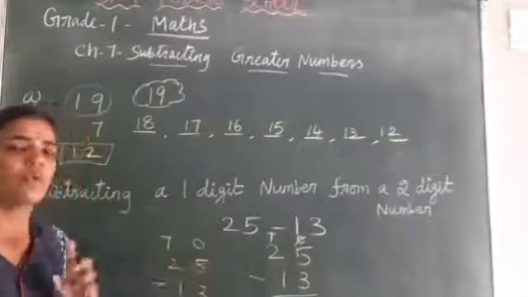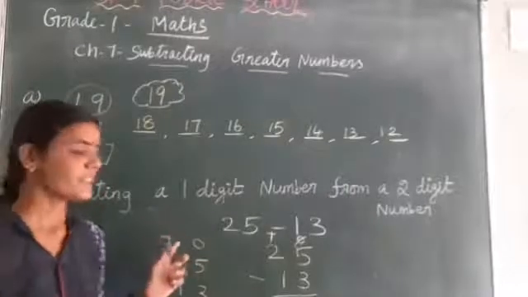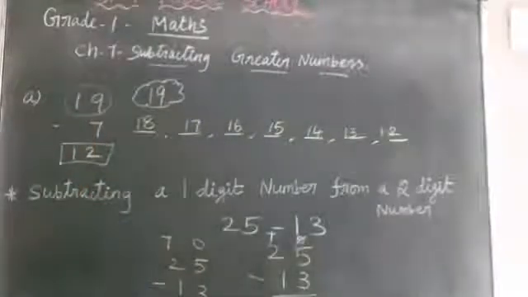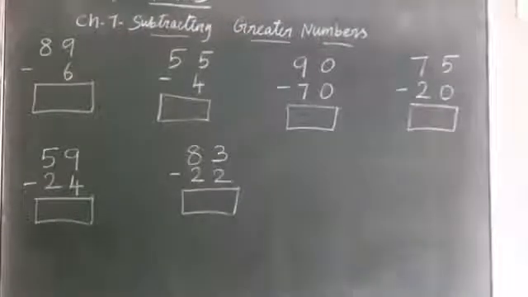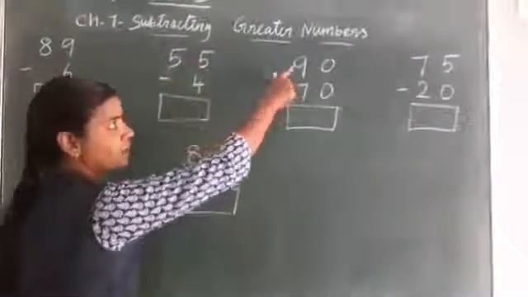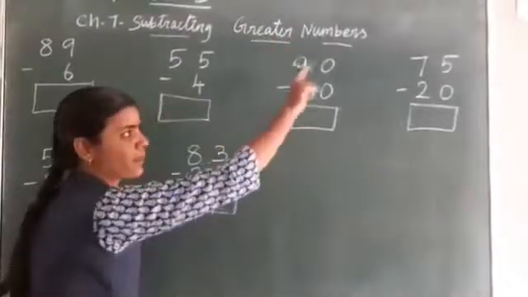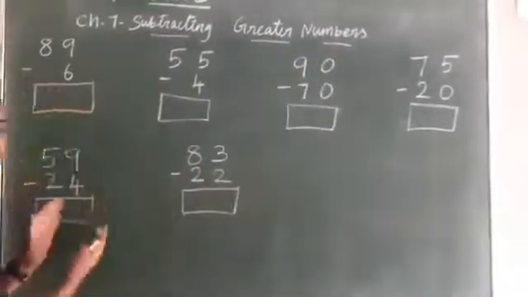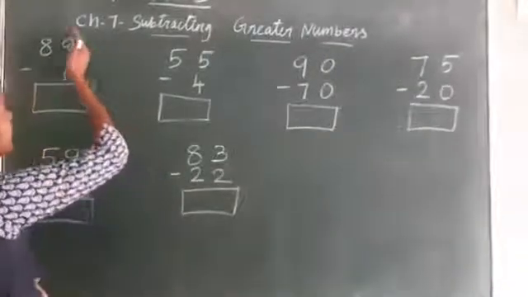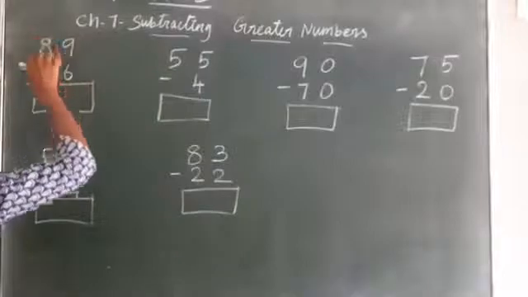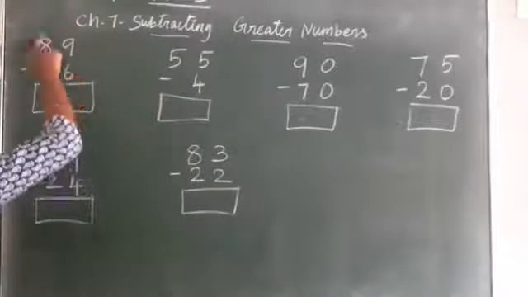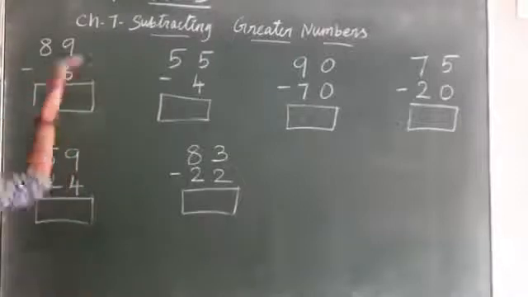If the ones place and tens place have a number missing, how will you do that? See here, 2 digit minus 1 digit, 2 digit minus 1 digit, and also subtraction from 2 digit and 2 digit numbers. So you have to check what different sums there are. See here, this one is 2 digit but this one is only 1 digit. That means you take the ones place, otherwise the full number.